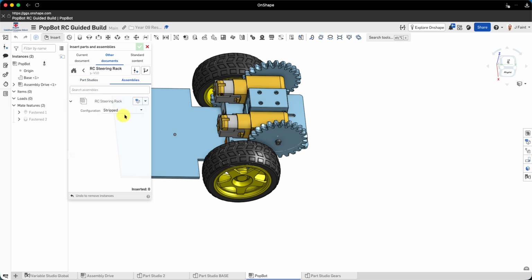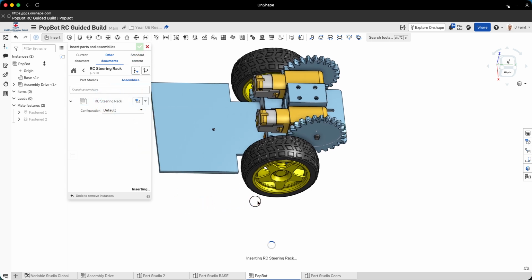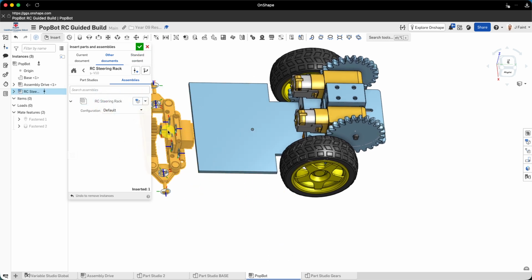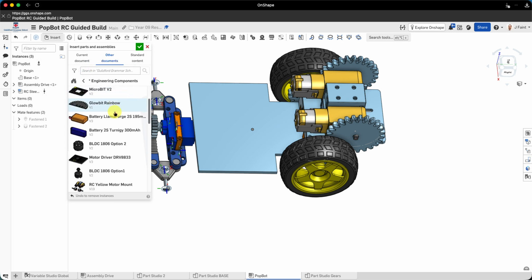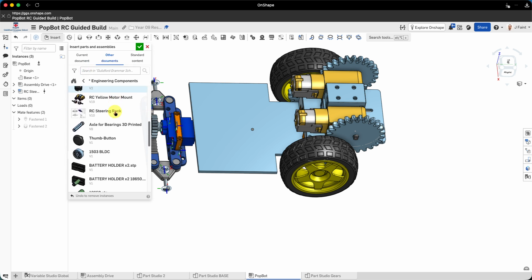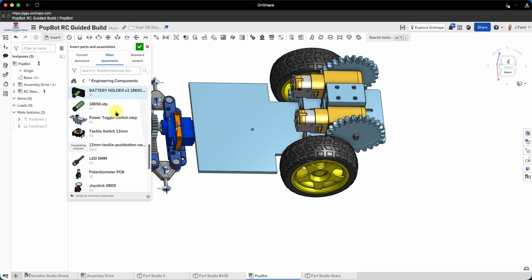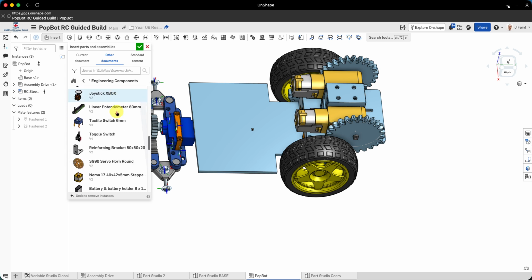Assembly. And at the moment, we're going to pick the default. So I'm going to pick him. That should drop in there. Fantastic. We're going to then keep going with the next pieces. So back out of that for a second. We're going to need a battery pack. And we're going to want our